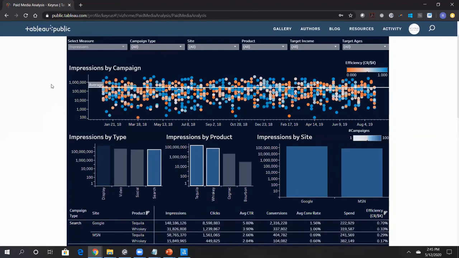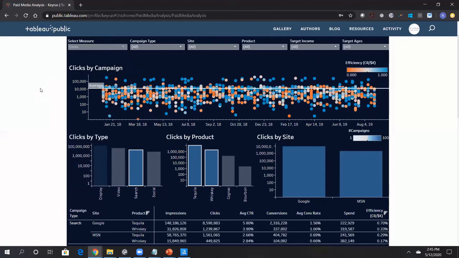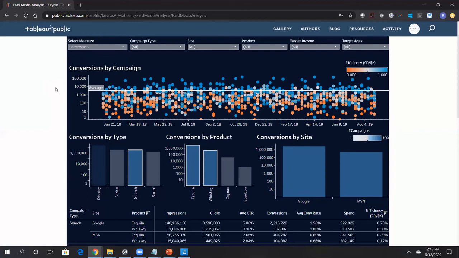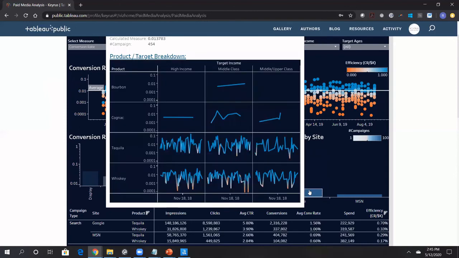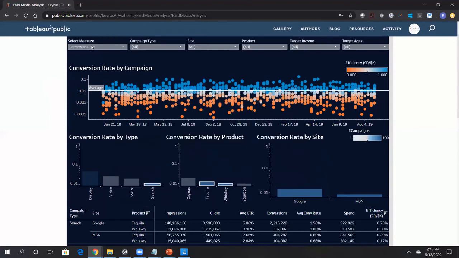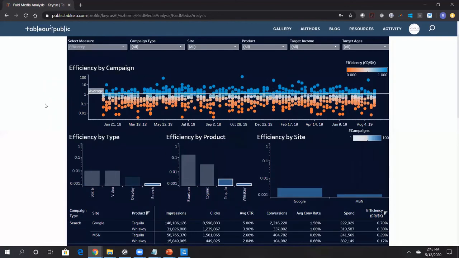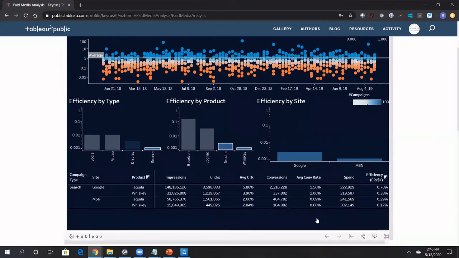If I just look at the raw numbers, again, it's similar, leading to a lot of impressions. But the difference you'll see is Google starting to take a lead in clicks, and then also in raw numbers of conversions. And then when we get to the conversion rate, we do see that Google is becoming a more efficient channel for our spend. And getting back to the efficiency, looking at the raw numbers, Google is hovering around 1.5% efficiency, and MSN roughly half that rate